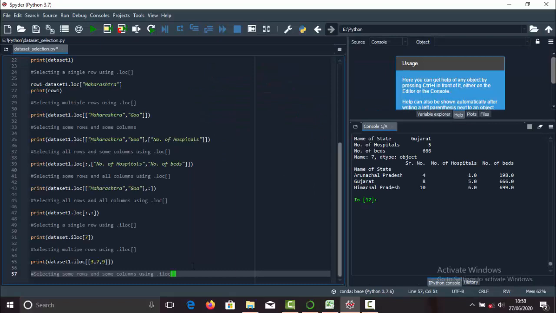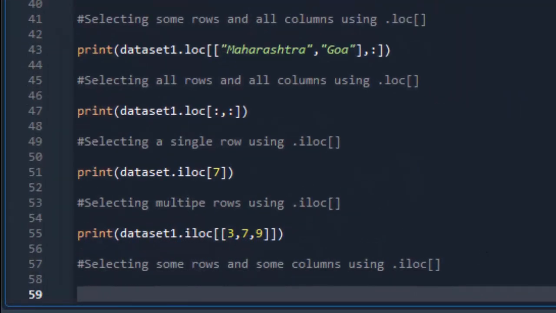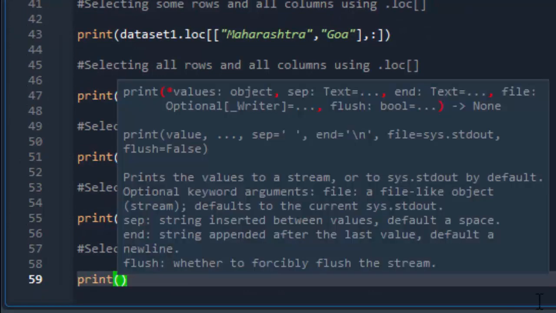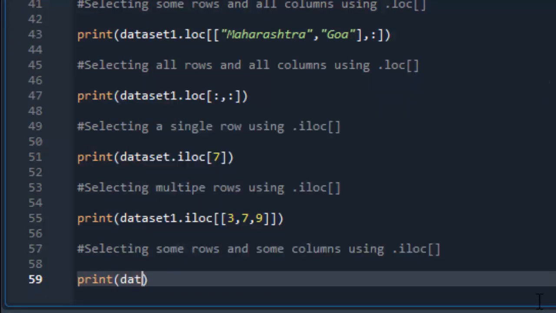Now the next example is to select some rows and some columns using .iloc. Just take print and in bracket dataset.iloc. Now it is exactly the same as the previous indexer, that is .loc, which we have seen. That is, it accepts the first parameter as rows and the second parameter as columns.